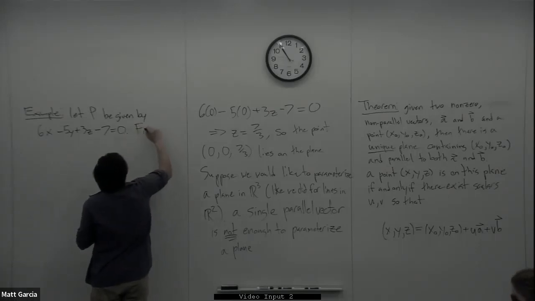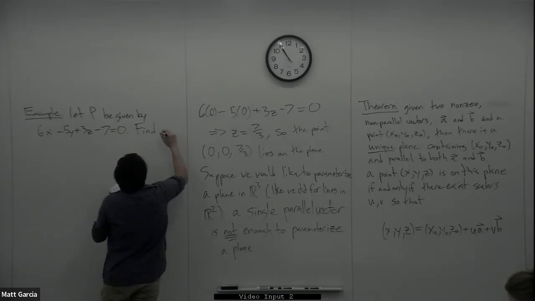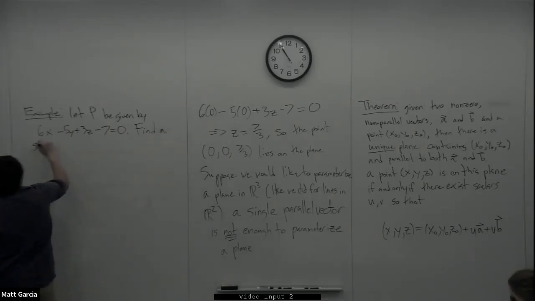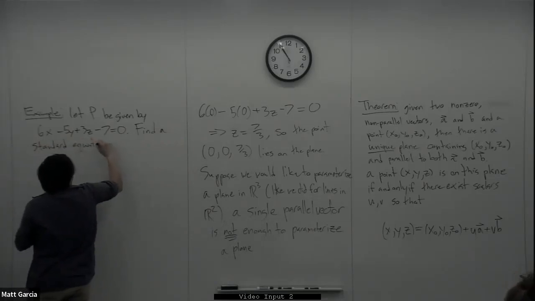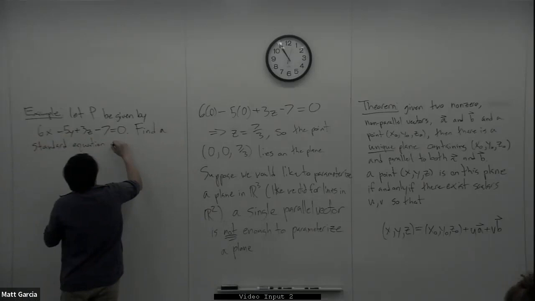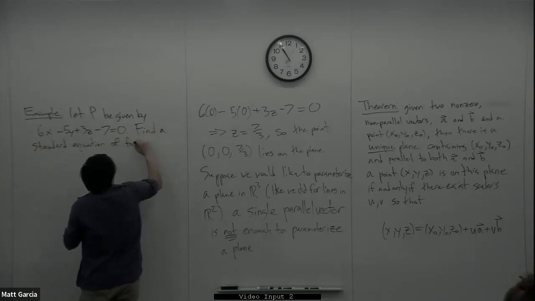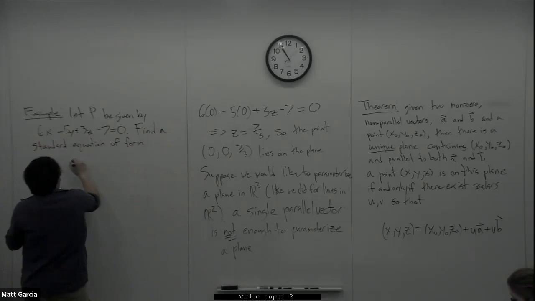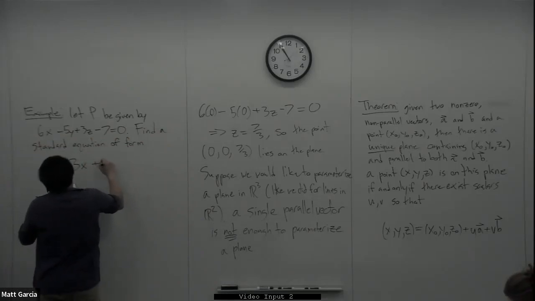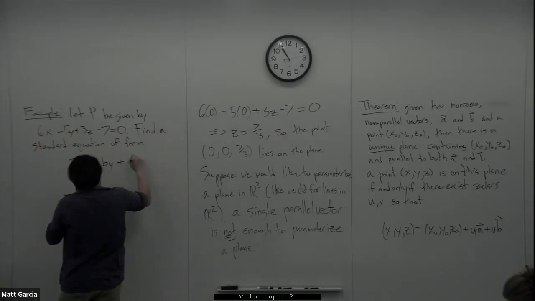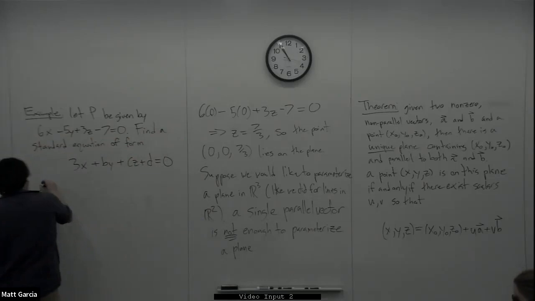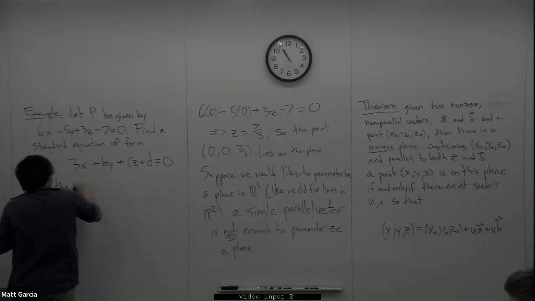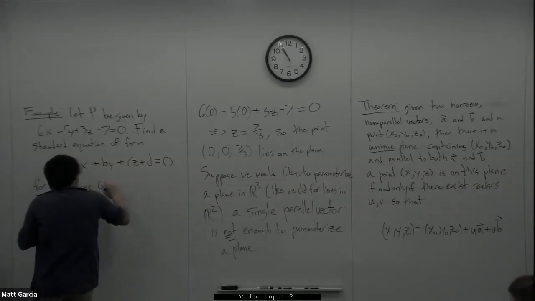Let me ask you to find a standard equation of the form 3x plus by plus cz plus d is equal to 0 for the plane Q,